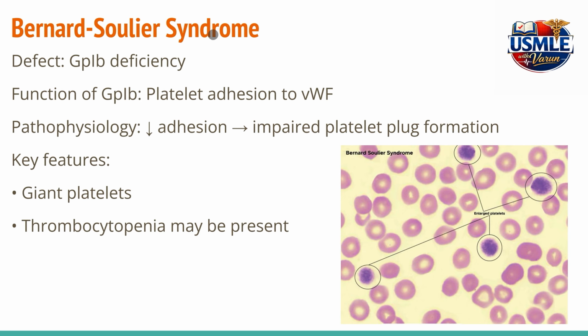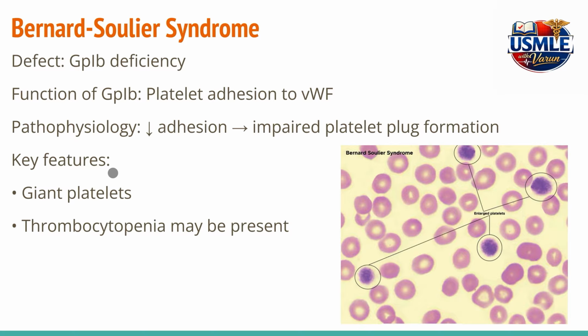So this is a kind of functional platelet disorder. There's a defect in GP1B, which leads to GP1B deficiency. This GP1B is responsible for platelet adhesion to the von Willebrand factor. We have discussed this many times in the previous module. So the problem here is defective adhesion. Whenever there's deficiency of GP1B, there is defective adhesion happening, and this is a classic feature of